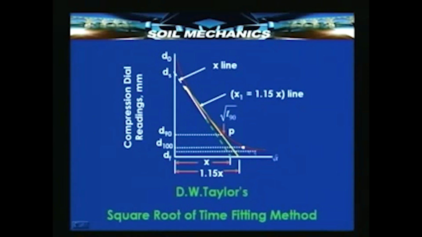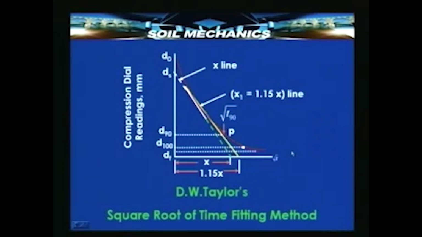It is possible to estimate the total compression starting all the way from ds to df, and then express the primary consolidation as a proportion of this total consolidation for any given load increment. We are assuming that all these dial gauge readings versus time, which is plotted here in this graph, are for some load increment, and therefore, corresponding to that load increment, what part of the total consolidation is the primary consolidation can be computed in terms of the dial gauge readings and the